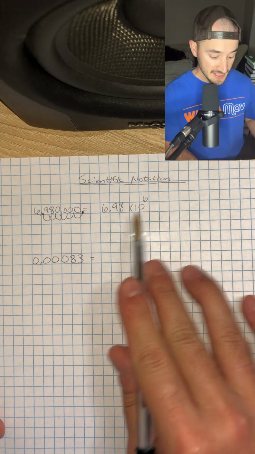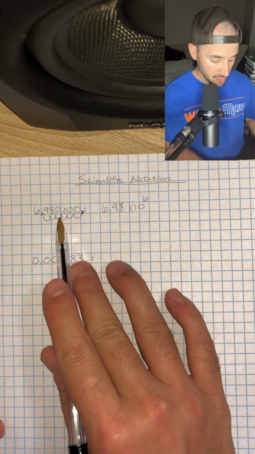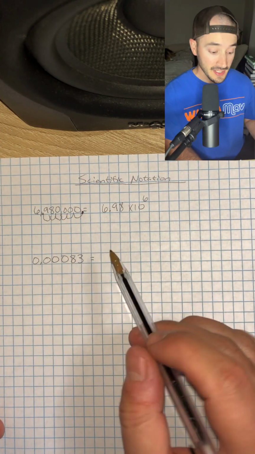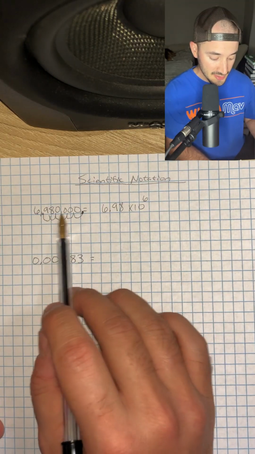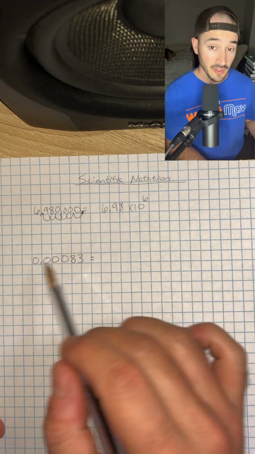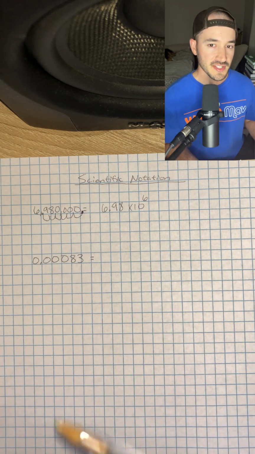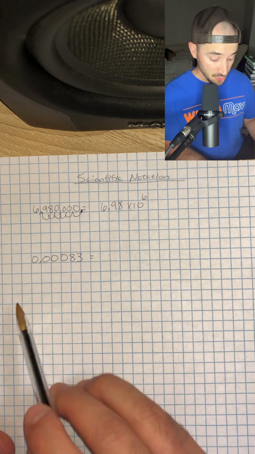Notice we got our 6 from how many places we moved our decimal over, and 6.98 just comes from our number, okay? So we didn't change anything. We just moved our decimal over and wrote it a little bit more simply. So now let's do another problem. So if we have